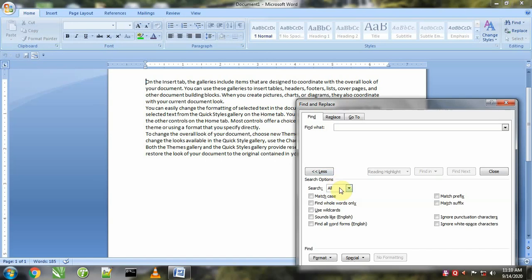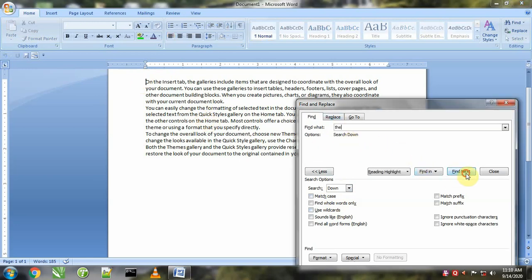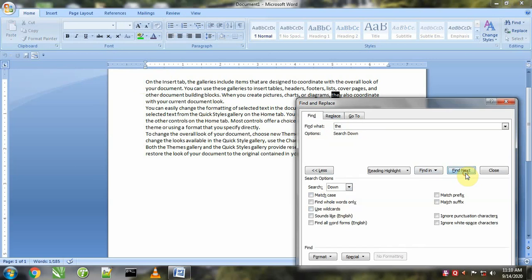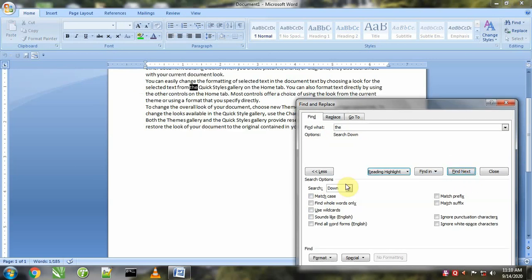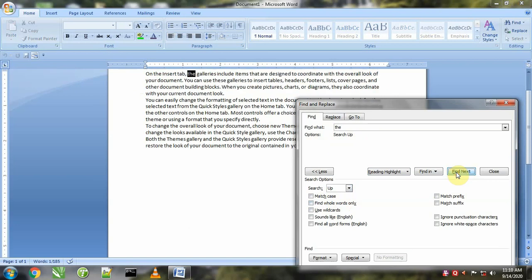Now what is the use of this search up, down and all? In case of down, it will start searching from the top and will move toward the downside like this. We can look here, it is moving toward the downside. If we say search up, it will search in the upward direction from the bottom.